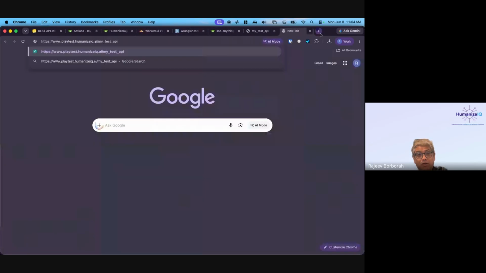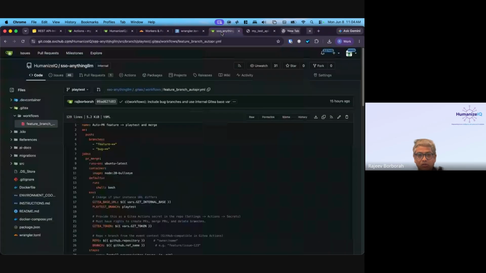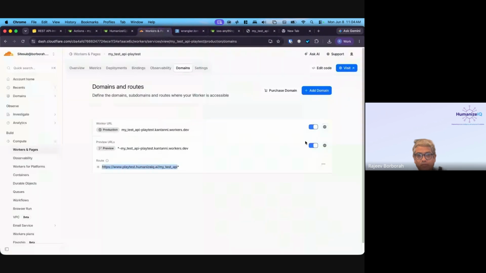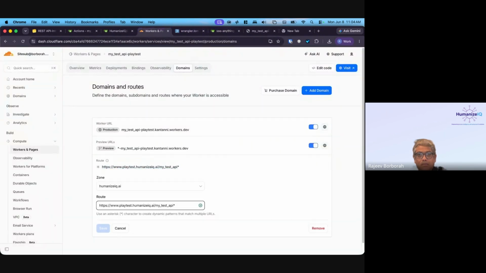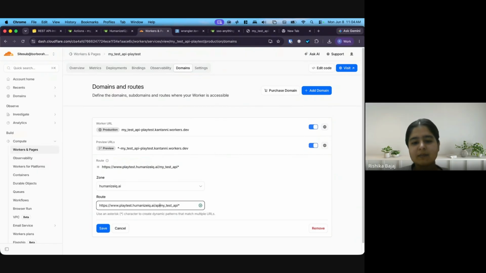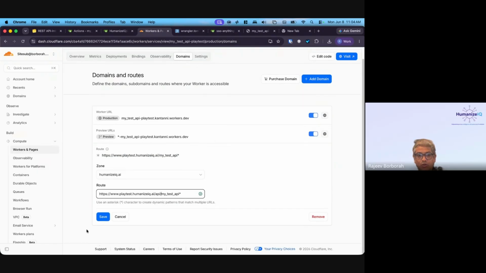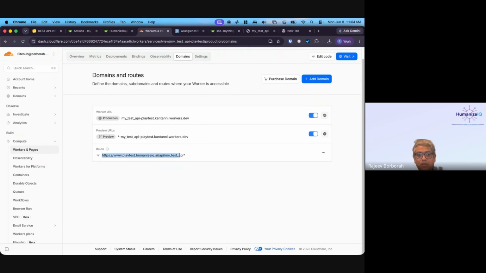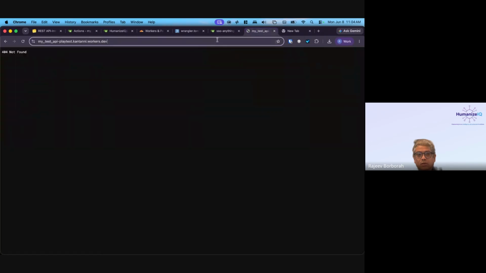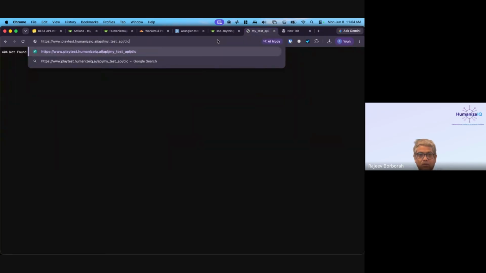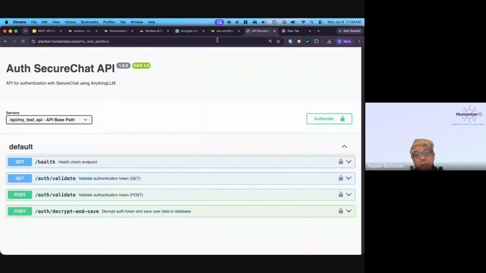So if I do this, maybe it will work, maybe it will not work. If I'm lucky, it will work in one go. Oh, sorry, it is still wrong. What is wrong? Can somebody tell me what I did wrong? After .ai slash, it should be API slash. Correct, you're correct. Our convention is that it should always be slash API. That's what I did wrong. So let's look at it. That is what is correct. So let's try this slash docs. Magic. See, one go.